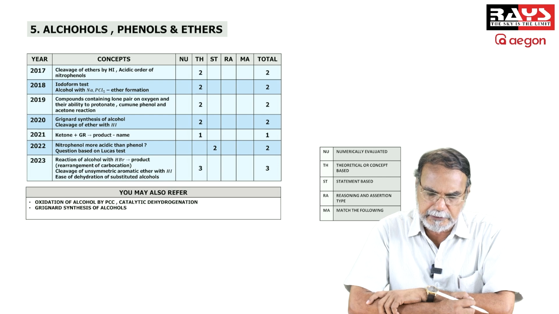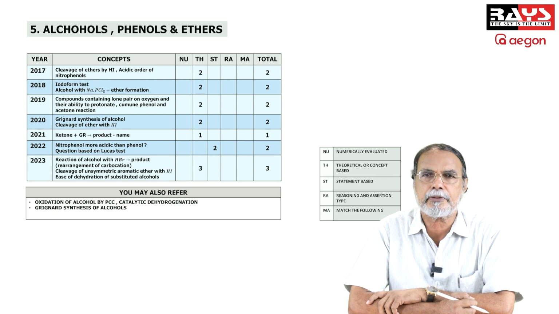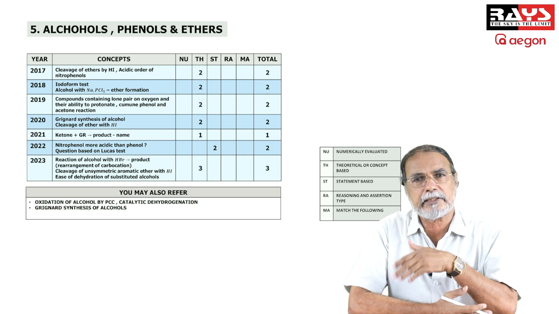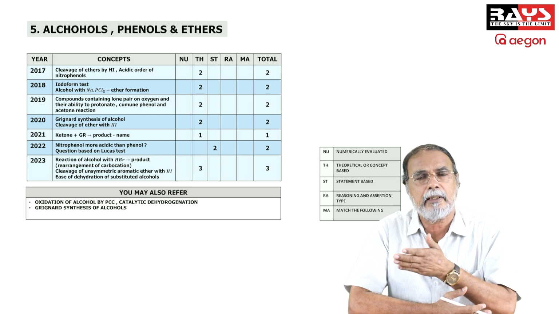2020, Grignard synthesis of alcohol. Of course, you know, a Grignard reagent on reaction with formaldehyde gives a primary alcohol, with other aldehydes gives secondary alcohol, with ketones gives tertiary alcohols, and with esters gives tertiary alcohol, but in that, 2 molecules of